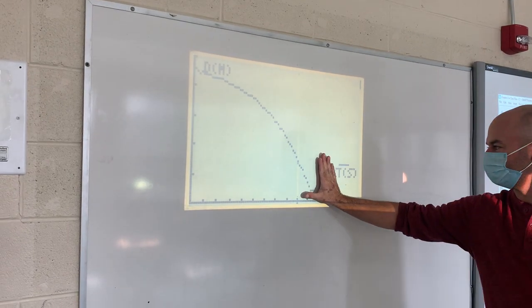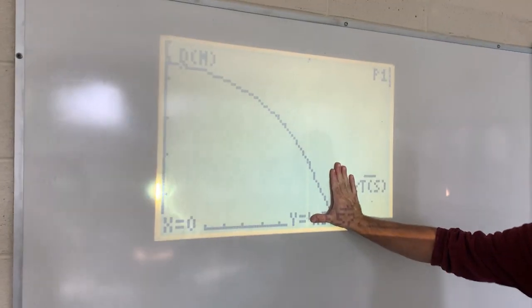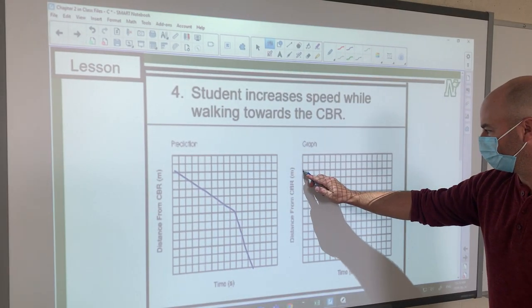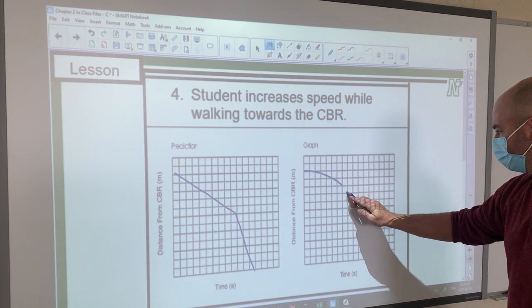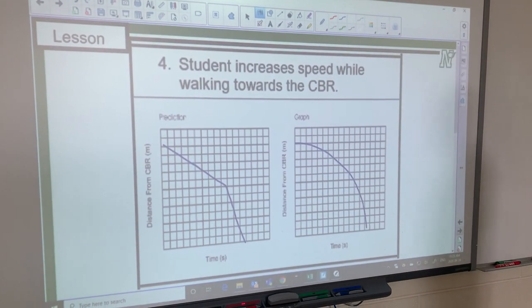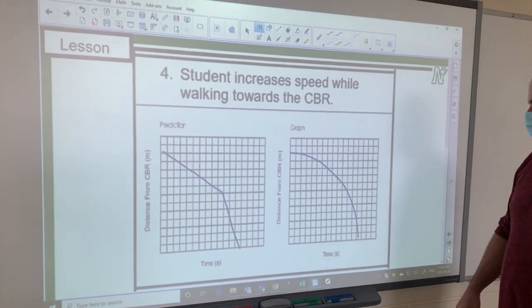Again, the rest of the graph is not too concerning because the CBR was still picking up. We have a curve. So, in this case, we had acceleration, or increasing speed, and it was a curve. You can see that the graph gets steeper as we went on in time. Excellent. Number 5,